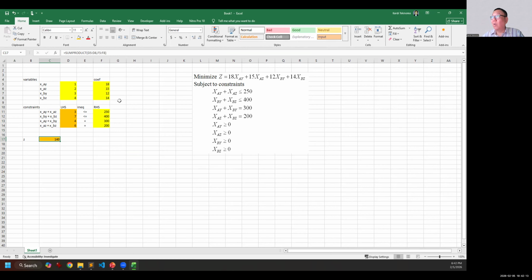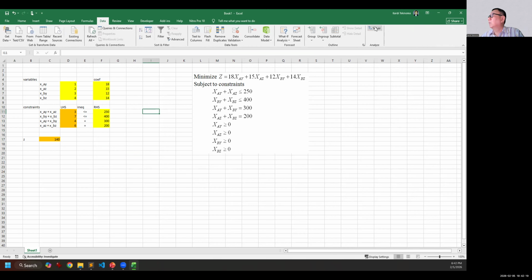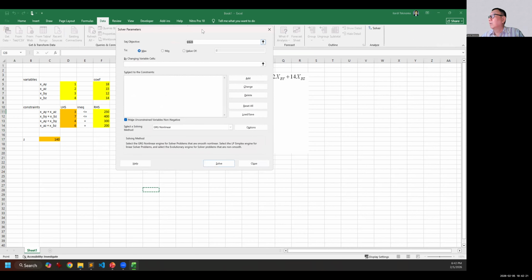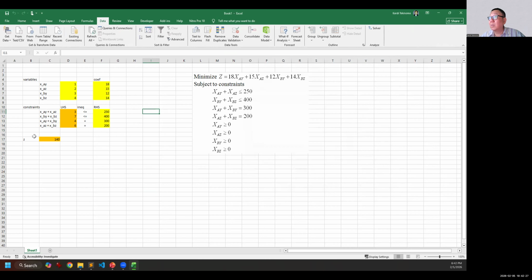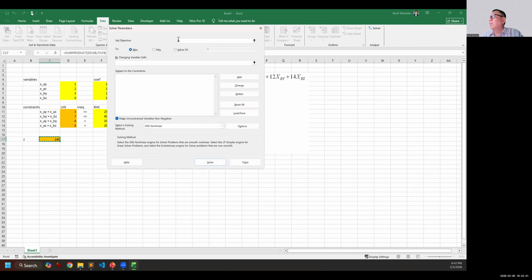Complete. All you need to do now is to run the solver. So you go to Data, you go to Solver. What is the objective function? So this z. Okay, if you don't like that, I will go here and then I will type here z. There. So this is z. Okay, so in Solver I will have z in here.